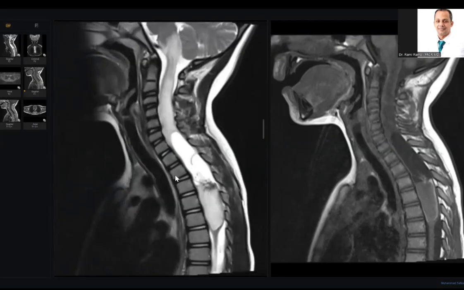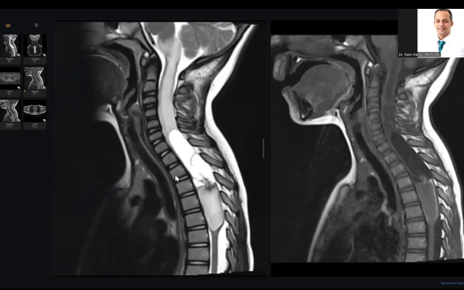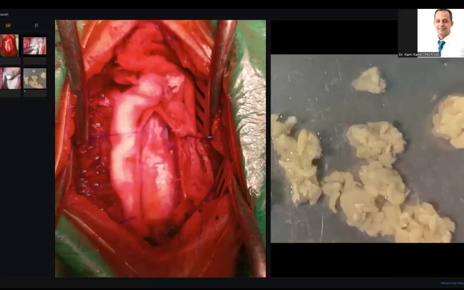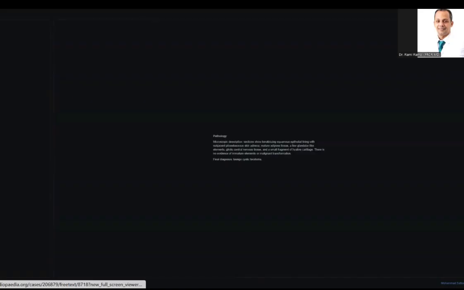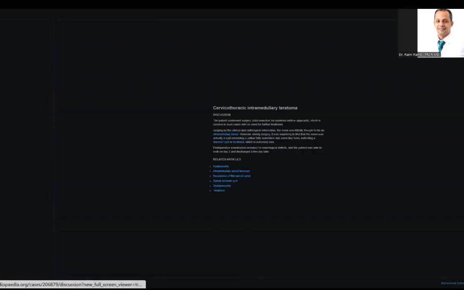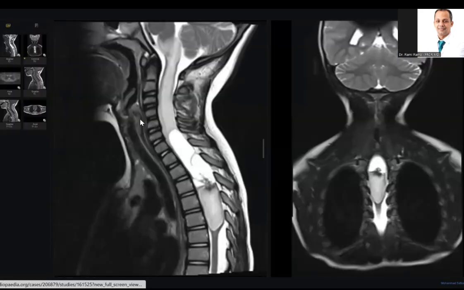So we must tell him, doctor, it may be a dermoid cyst or teratoma, because it is fat containing. What is your next step? I will refer this patient urgently to the neurosurgical MDT for discussion, and I will request